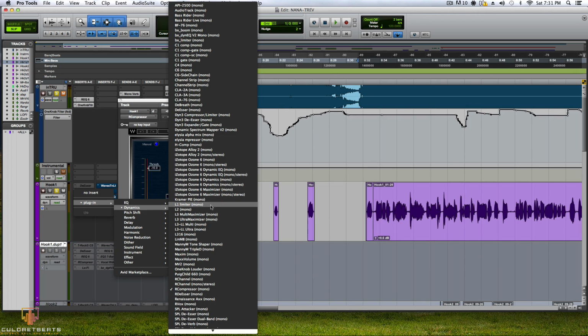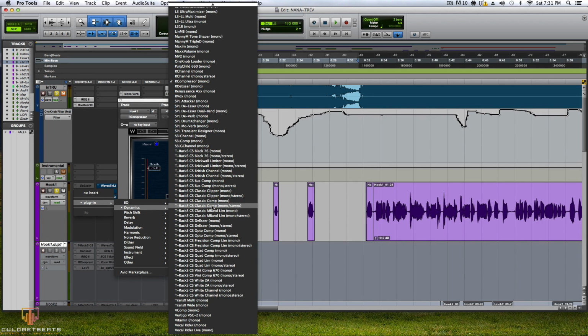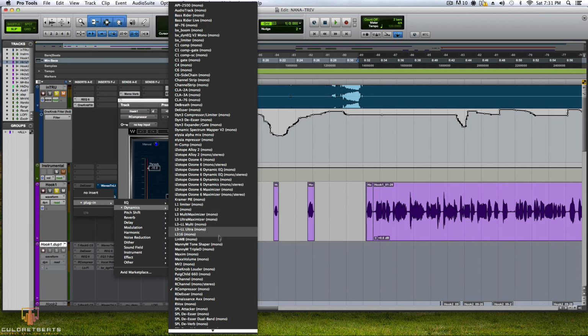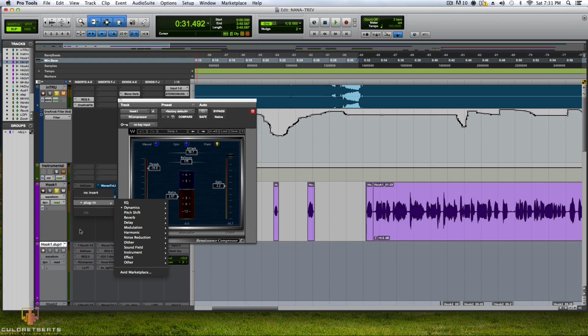Sometimes I go with the Waves compressors, but I like using the Renaissance compressor because it's pretty good. I like how it sounds. It sounds dope, and I really like it. So what I did,